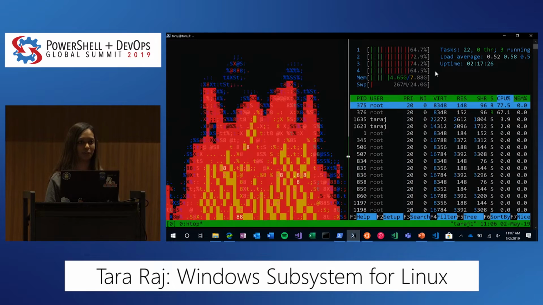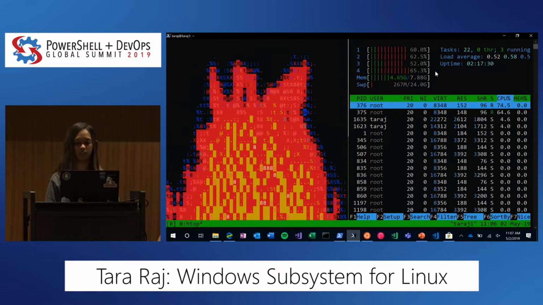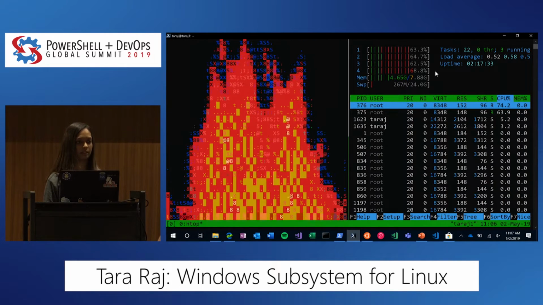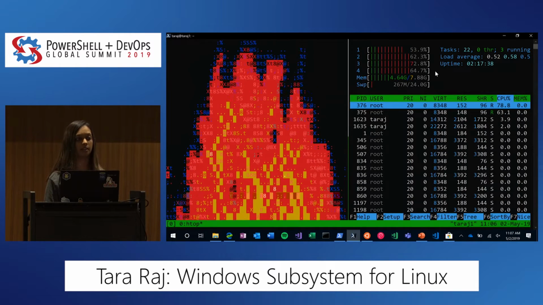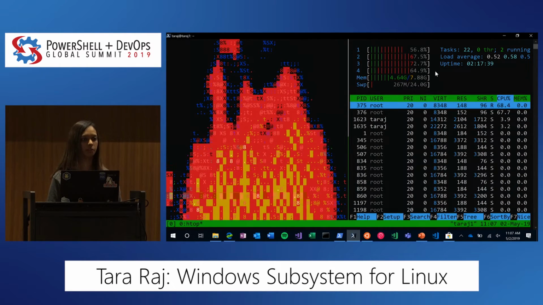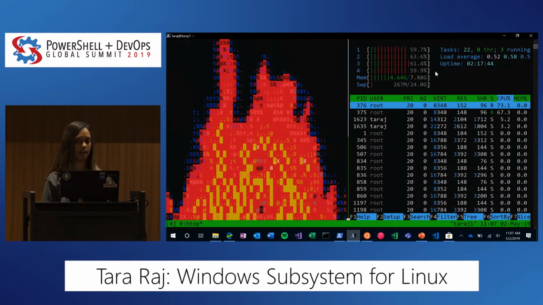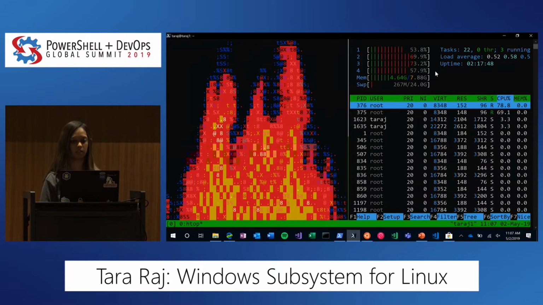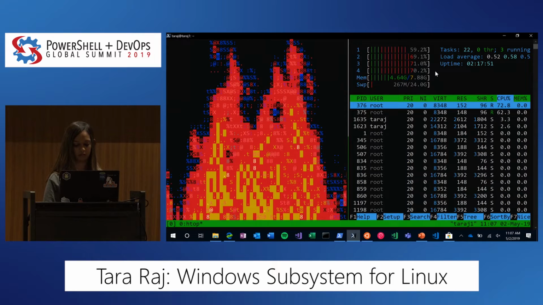So here I have two visual demos to show you. We have a process that is continuously running, and I have htop. Something that's actually really neat about WSL is that you can run processes in the background now. And this was something that we released late last year in our fall update, that you can actually attach a background process. So now I'm going to exit out of this,